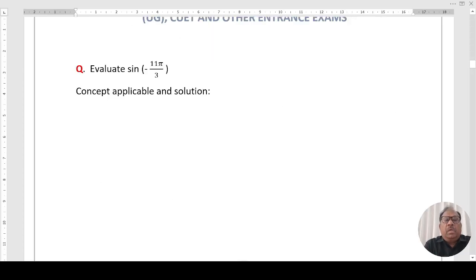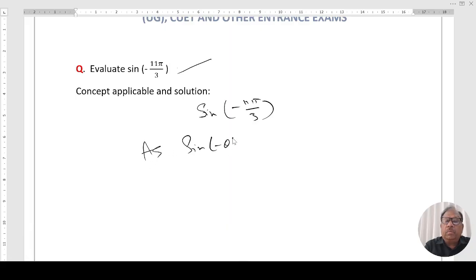Question is, evaluate sine of minus 11 pi by 3. As we know, sine of minus theta is minus sine theta. And 11 pi by 3 is slightly less than 4 pi. Right? Let